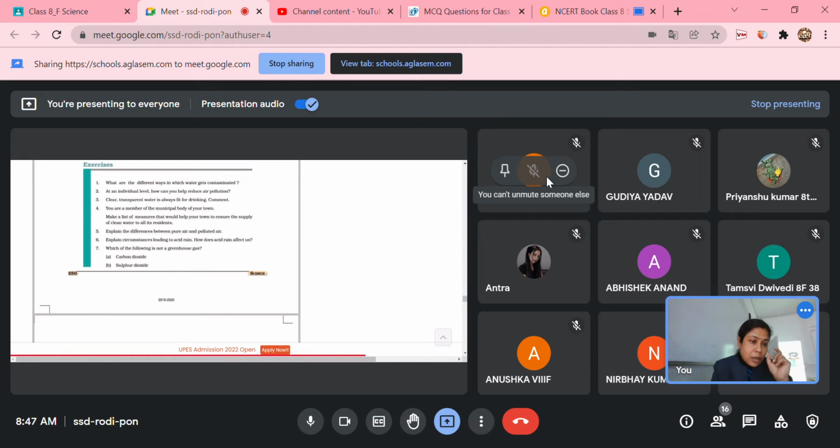I am using this term because these terms are very important for your class 10. Here in your book the terms have not been given, but indirectly all these topics have been covered. That is why I have given you these points, which you are going to write in the form: greenhouse effect, acid rain, ozone hole, global warming. Any doubt in this chapter, in this topic? No, ma'am. So next, read the next question, and you will all go through the pages that I have sent you from the other book.